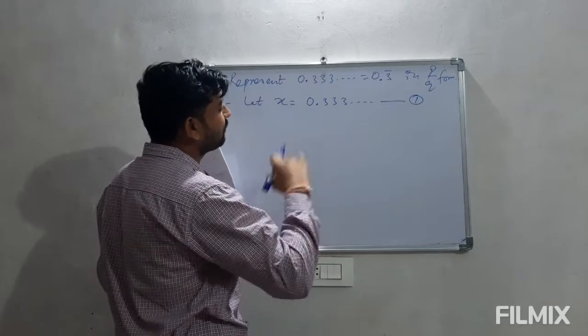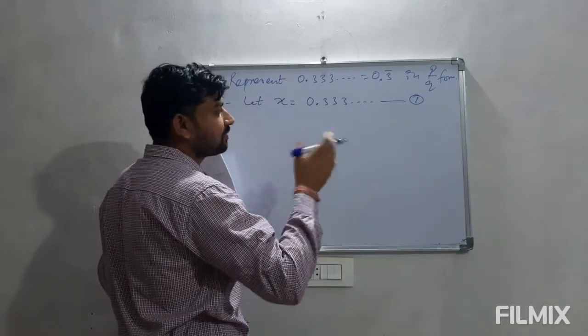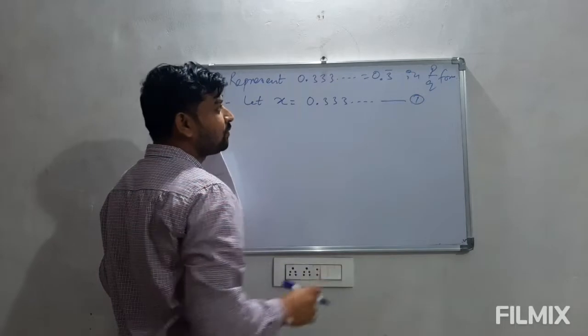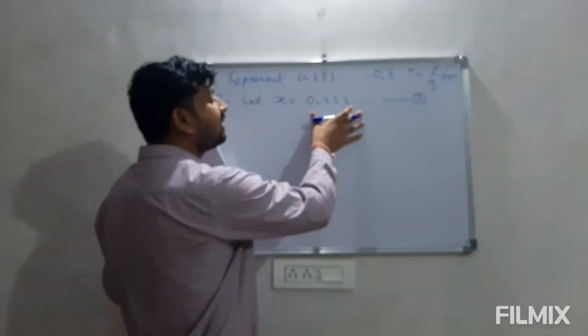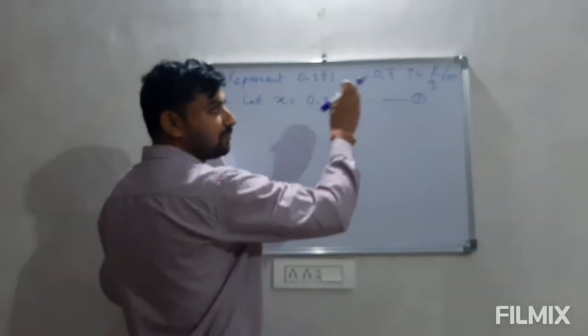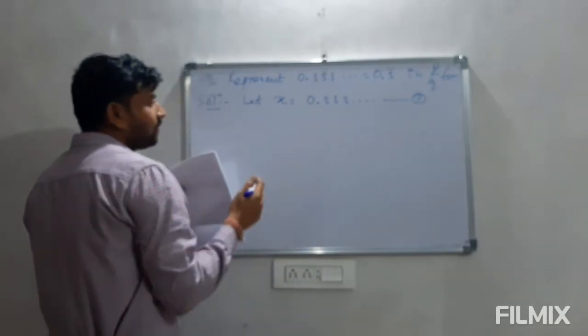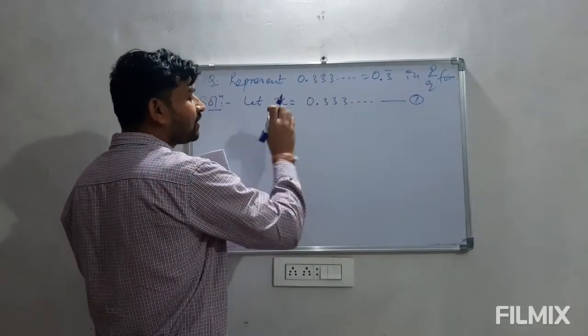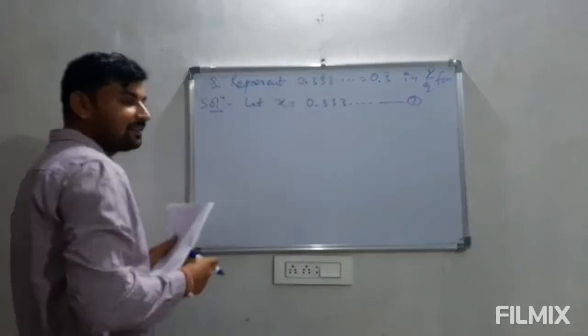So we are going for representing this in rational form only, means this is a rational number, but this is the quotient of some numerator upon denominator. So we have to represent like this. Whatever is given, we have to write it as x.